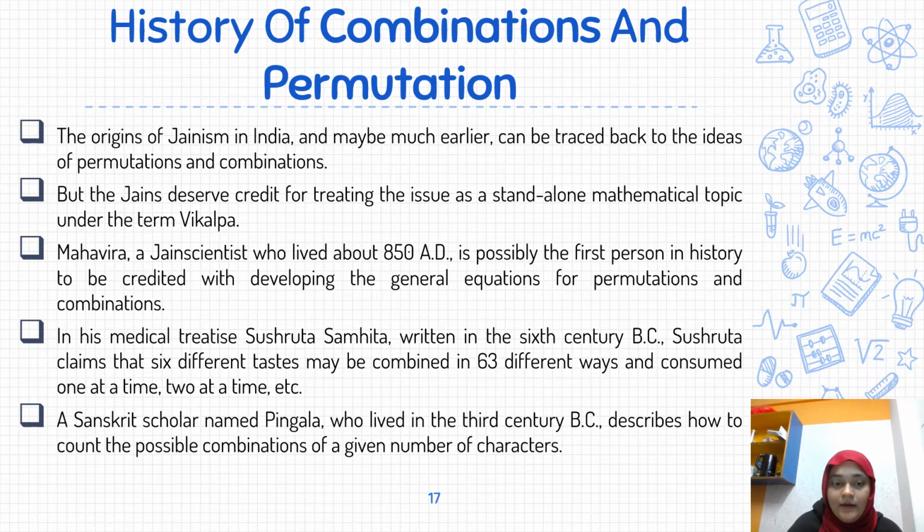permutation and combination. In his medical treatise Sushruta, written in the 6th century, Sushruta claims that the 6 different tastes may be combined in 63 different ways and consumed one at a time, two at a time. A Sanskrit scholar named Pingala, who lived in the 3rd century BC, described how to count the possible combinations of given numbers